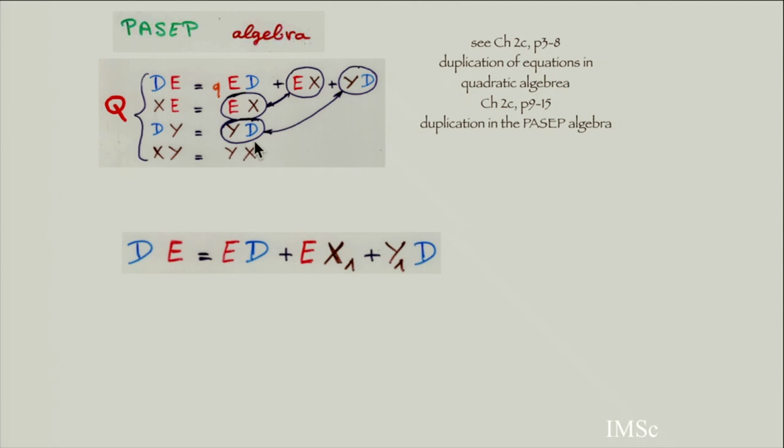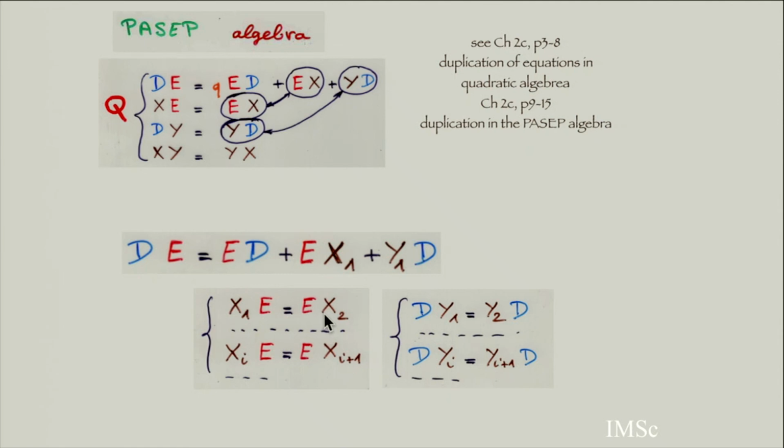But to do the analog of RSK, instead of putting different colors, I would like that of these 2 terms in the right-hand side, only 1 term appears, that each term appears only once. So instead of putting different colors, let's put an index, and then I have to say, okay, x1 multiplied by e must be equal to ex, but I have to put a second index. This is what I call demultiplication of equation. So your system of equations becomes an infinite system, and each right-hand side of this system appears only once. And so you get a bijection.